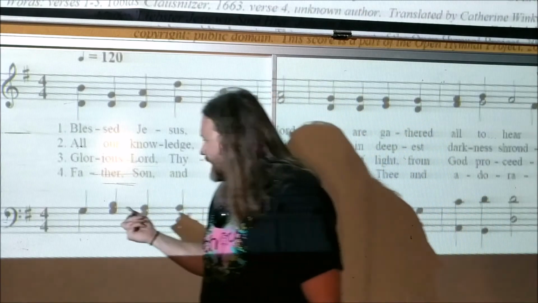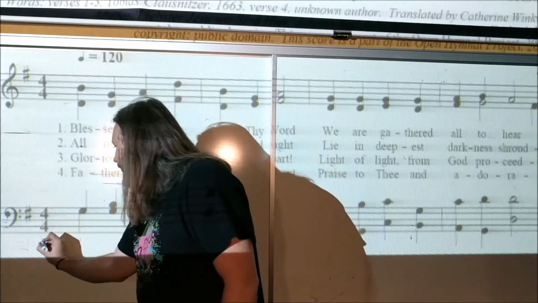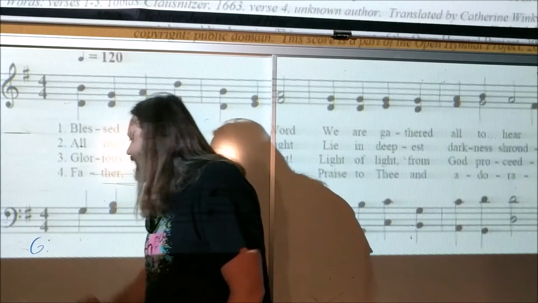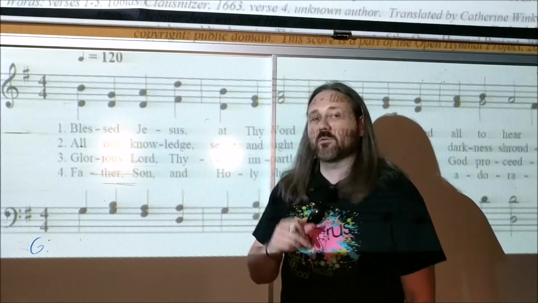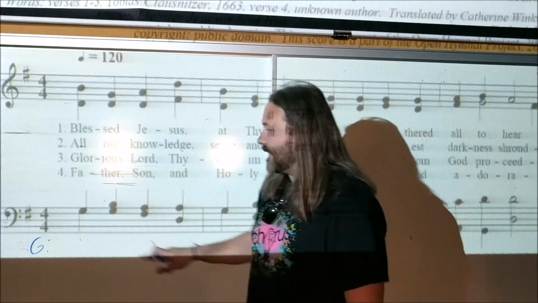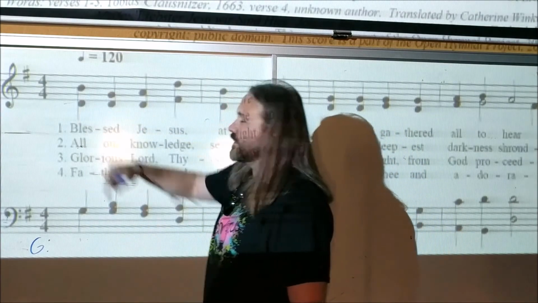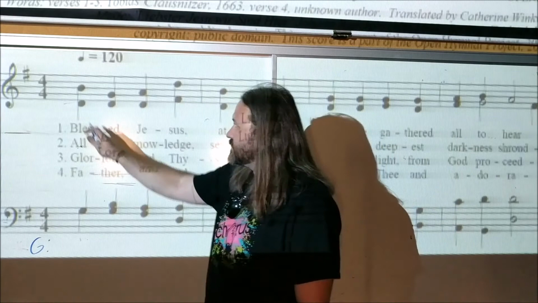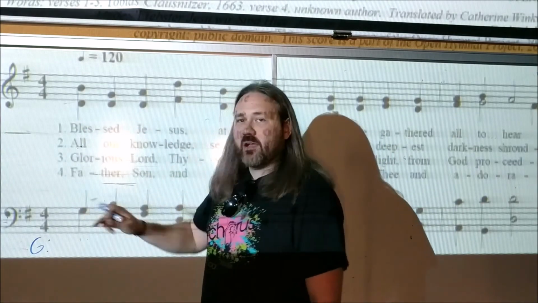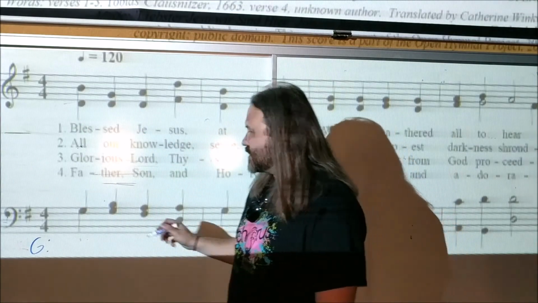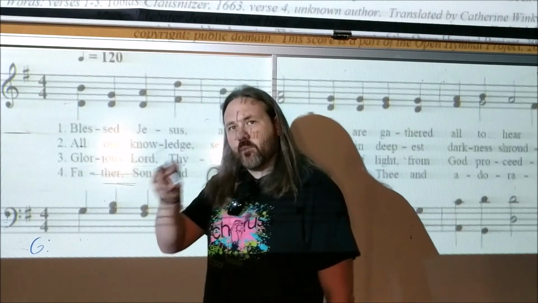So I'm just going to write down over here a big capital G. Now you can write G, M-A, G major, or capital G. All of those work, and that lets you know what you're going to do. Next thing you want to do is look at the notes that are in the chord. What I like to do is take those notes of the chord and bring them all the way down so that they're in what's called root position, meaning they're all lined up every other note, like